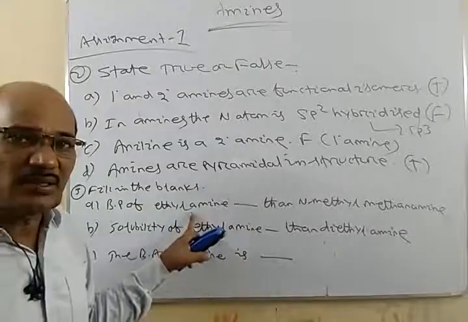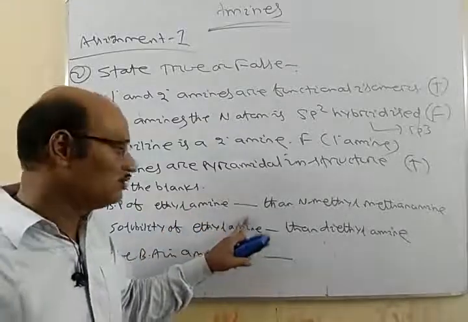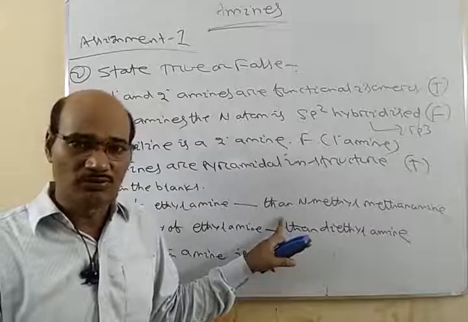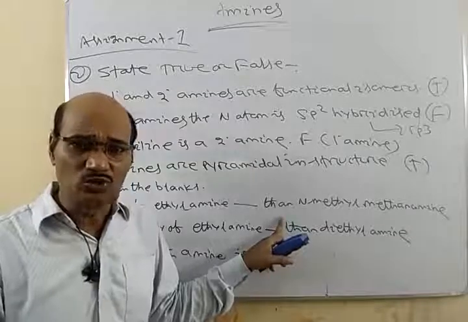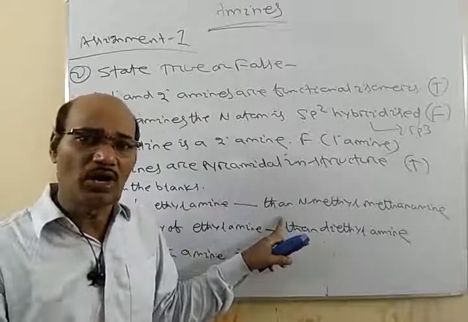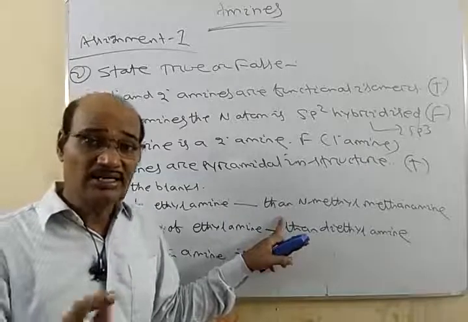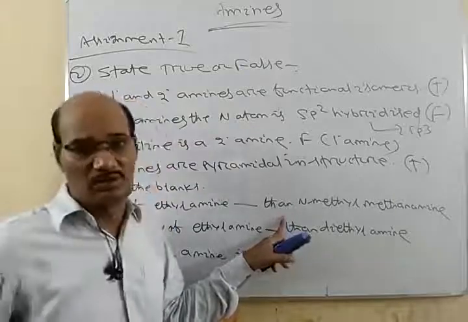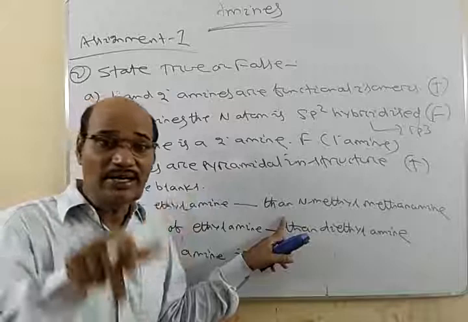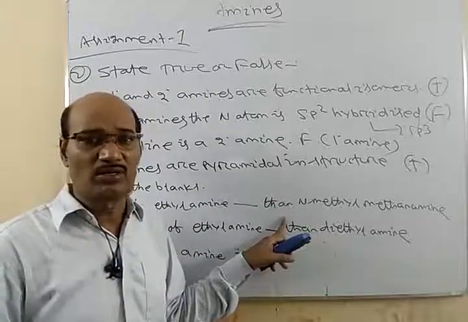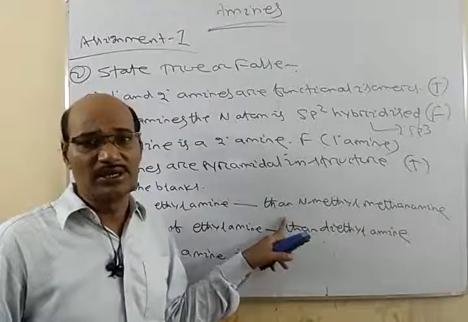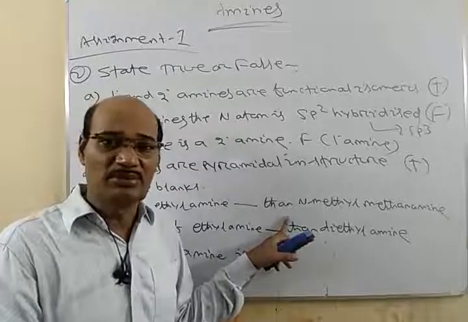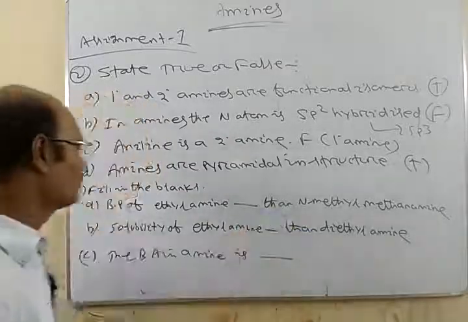So primary amines have a higher boiling point as compared to secondary amines. Why? In primary amine, the extent of hydrogen bonding is more. If I take the example of RNH2, we have 2 hydrogen atoms to form hydrogen bonds. But in case of secondary amine, R2NH, we have only 1 hydrogen atom to form hydrogen bonds. In case of tertiary amine, R3N, no hydrogen atom is there to form hydrogen bonding. That means the extent of hydrogen bonding in primary amine is more as compared to secondary and then tertiary. That's why primary amines have a higher boiling point as compared to secondary.